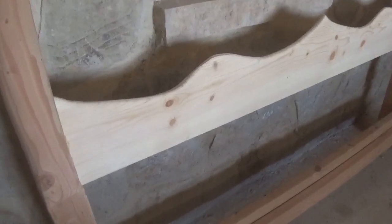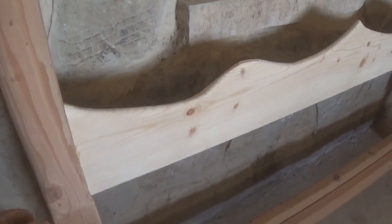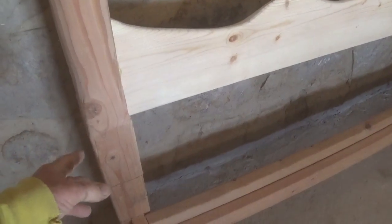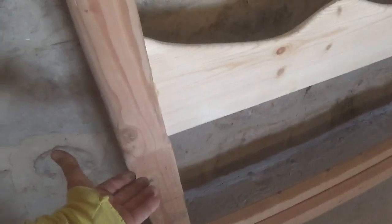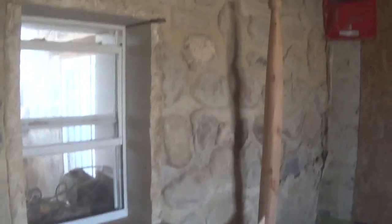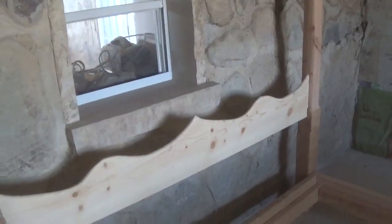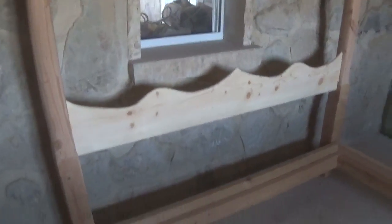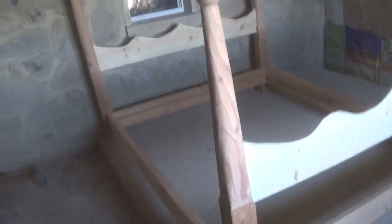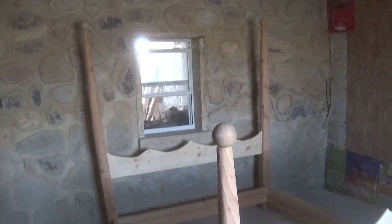But I cut it, drilled it, used Gorilla Glue, put a piece of rebar in the one hole and then shot Gorilla Glue up the hole here, down on top of it so that the rebar and the Gorilla Glue were fully coated and it got in the hole, and it's as solid as can be. But guys, if you're going to do something like this and build a beautiful piece of furniture, well, or as beautiful as you can possibly do, which is what this is,